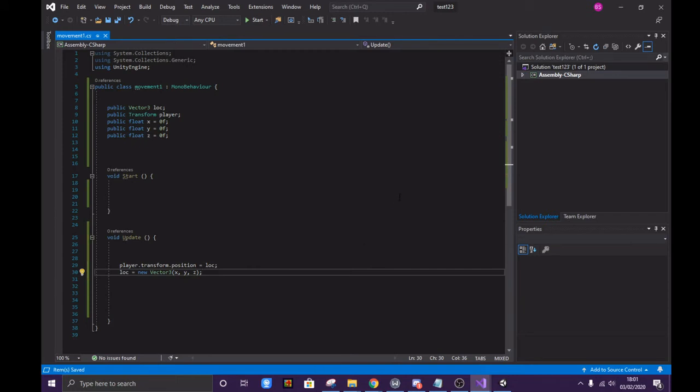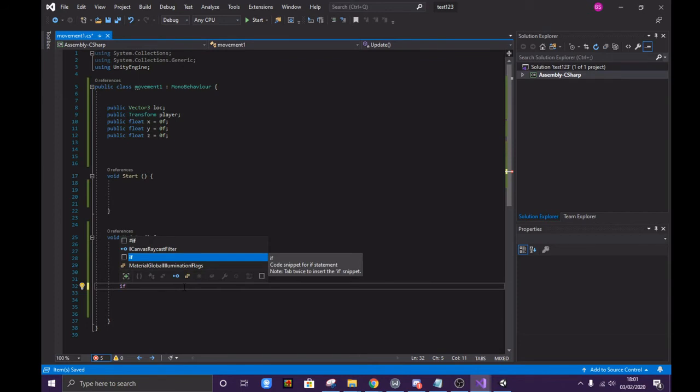Now I'm going to save it again. Saving is a good habit. If your program crashes, then it's good to have a save. Next, what I'm going to type in is an if statement. So if statements allow you to give them a condition, and if that condition is met, it will run a certain command. So what I'm going to type in is if, open brackets, Input,